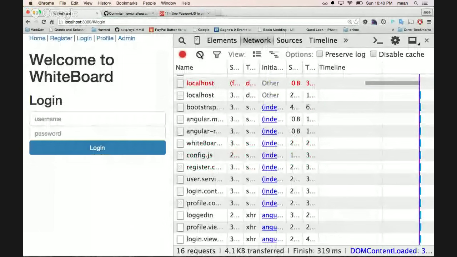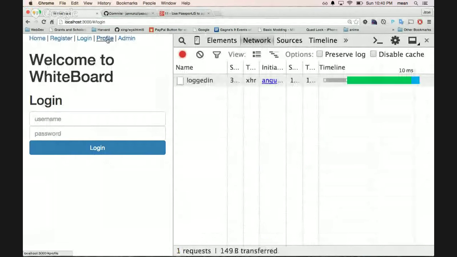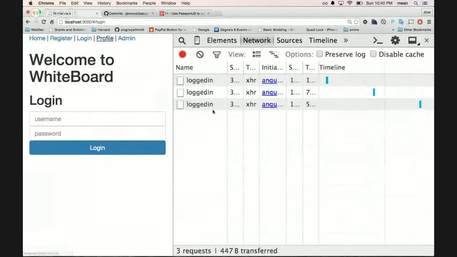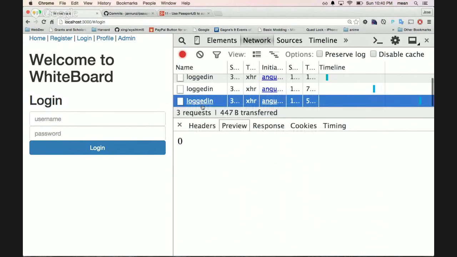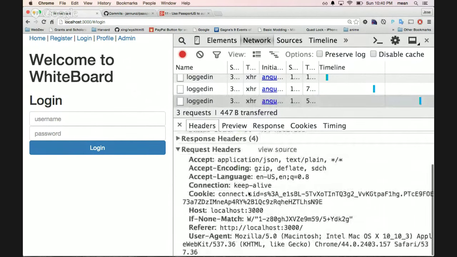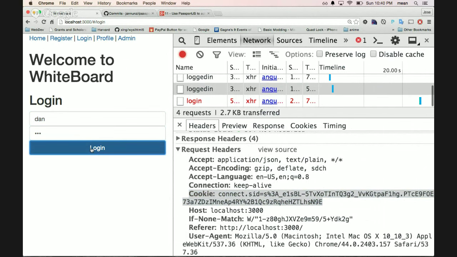All right, so there we go. If we try to go to the profile, notice that it doesn't let us. See that it's making all these requests every time to see if you're logged in, and it's returning 0, because we're not logged in. And it's using the cookie that is stored in the header. So you see that it has a cookie. This cookie was set by the Passport framework. So if we instead use Dan here and say login,